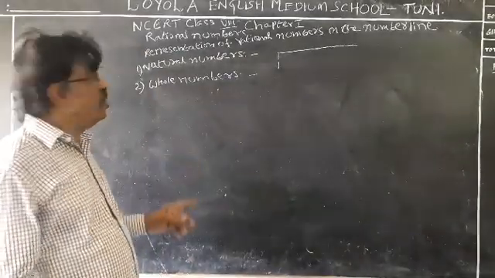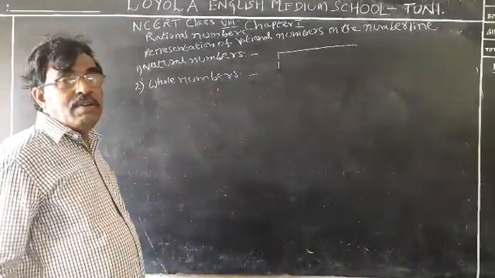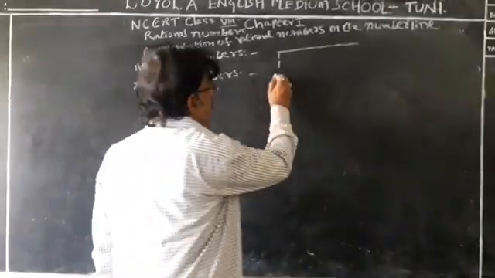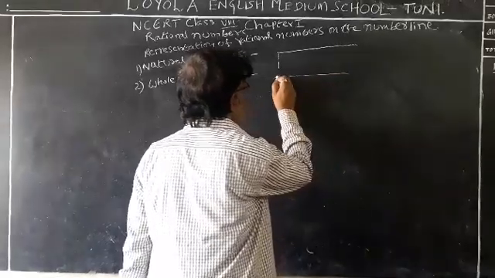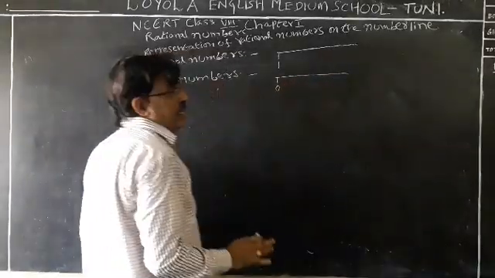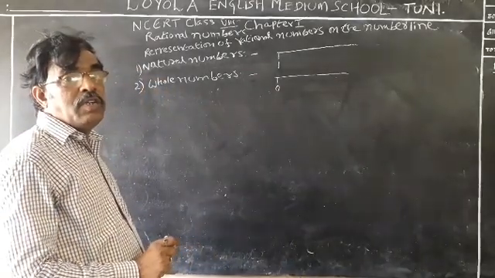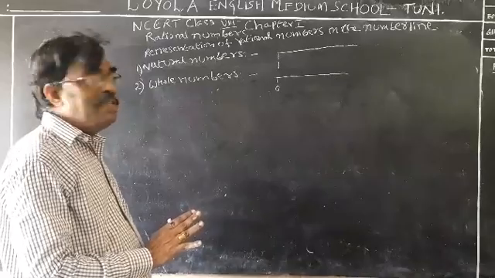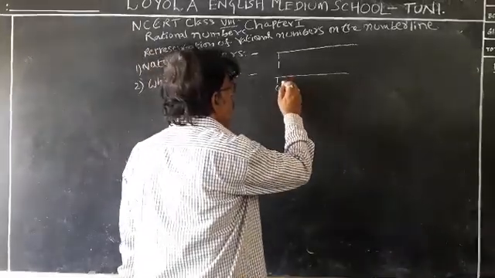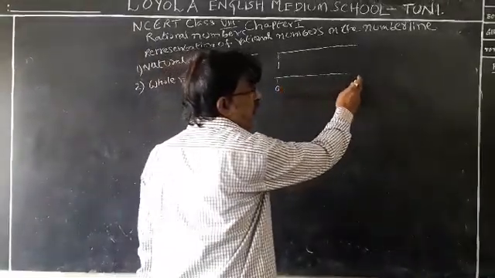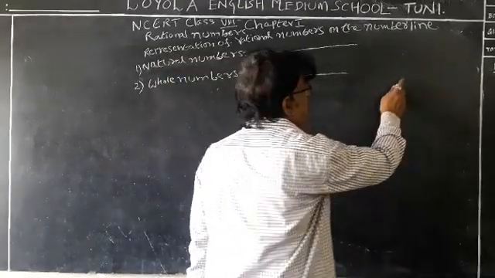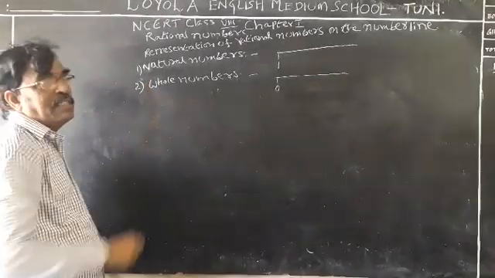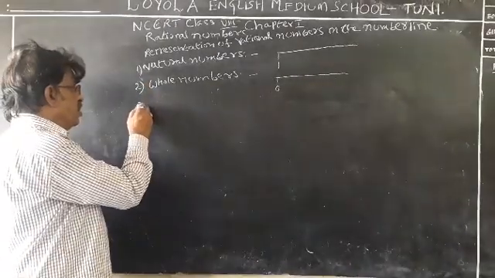Now, when it comes to whole numbers, the whole number starts from 0. That means the starting number is 0. 0, 1, 2, 3, 4: 0 and all natural numbers together are whole numbers. We already know this from the previous class. 0 is the starting number, and it extends the line indefinitely to the right side. Then we can represent whole numbers. When it comes to integers,